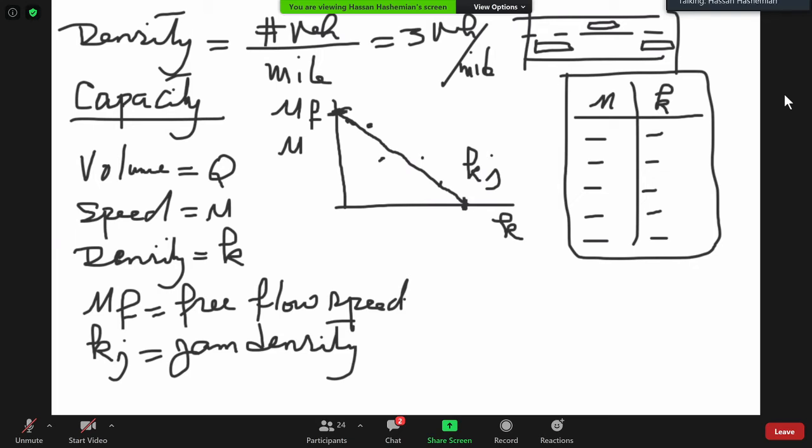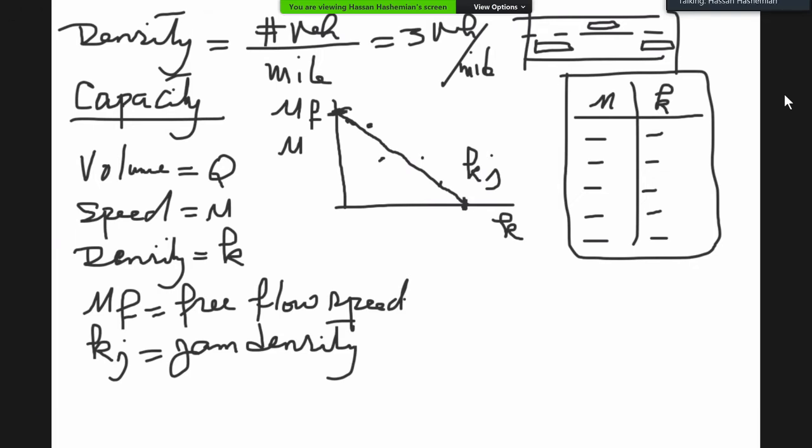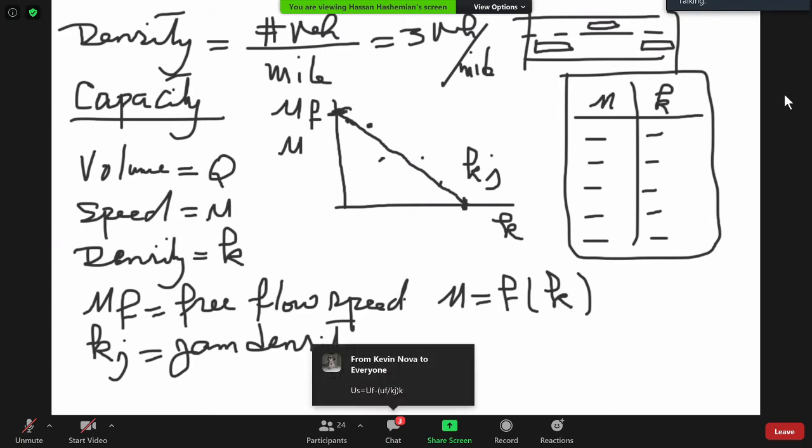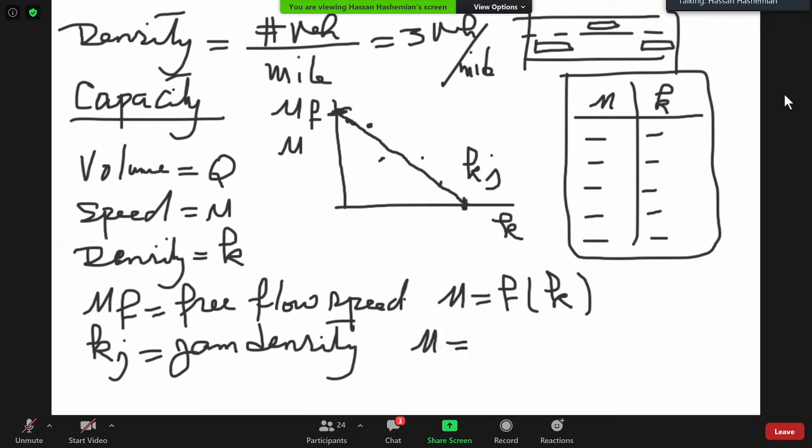That's kj. Now, if they ask me what's the relationship, how do I write the speed as a function of density? How do I write that equation, knowing these facts? Correct. So we can say that mu is equal to